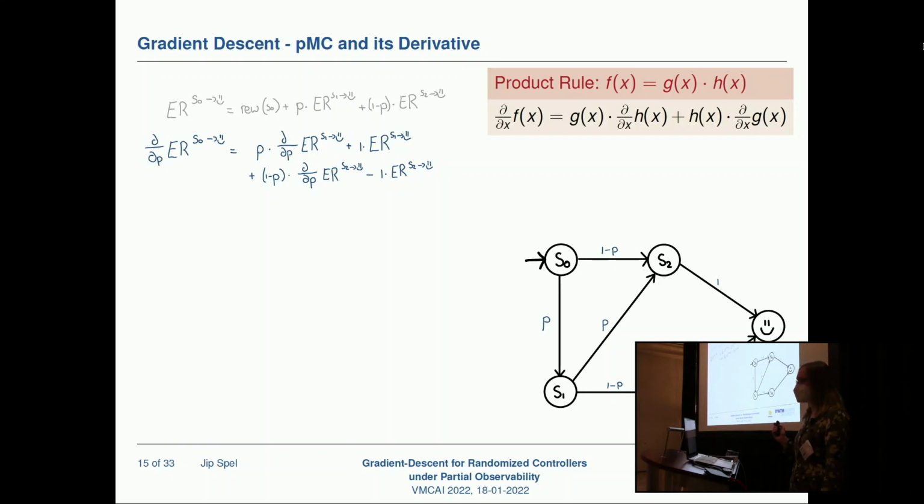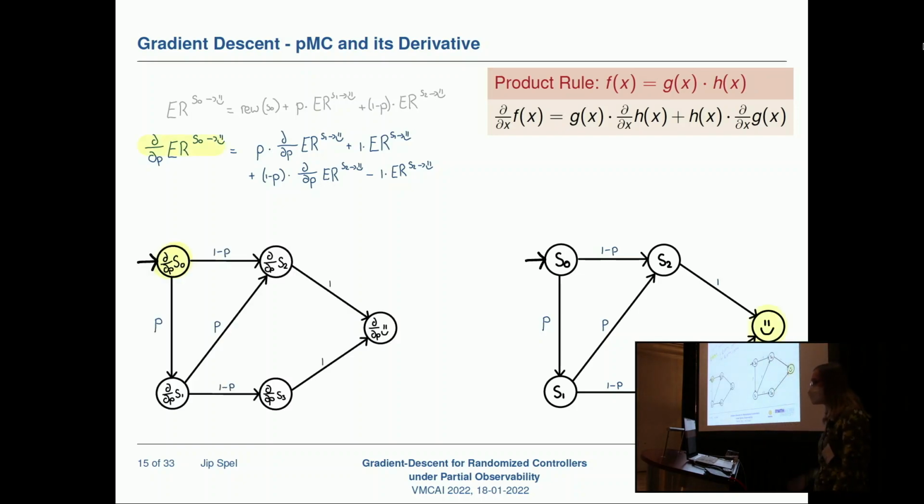And we thought, well, this seems quite similar to what we had before, because here we had p times the expected reward of going from S1 to the happy state, and here we have this p times as well. And here we have the 1 minus p times the 1 for S2, which we had there as well. So we thought, why not take a copy? So that's what we did. We just created a copy, and we take the derived states, so to say.